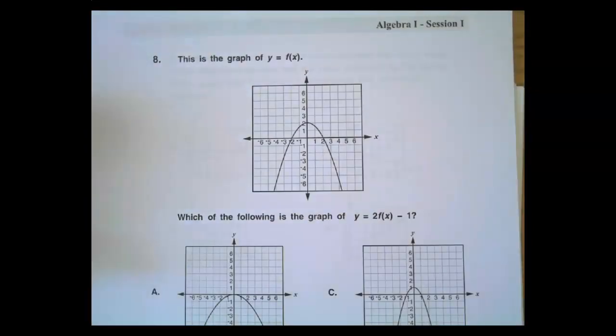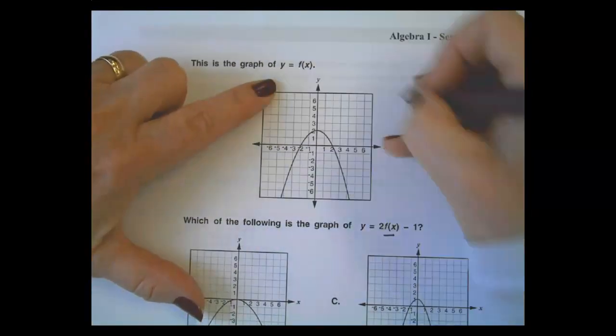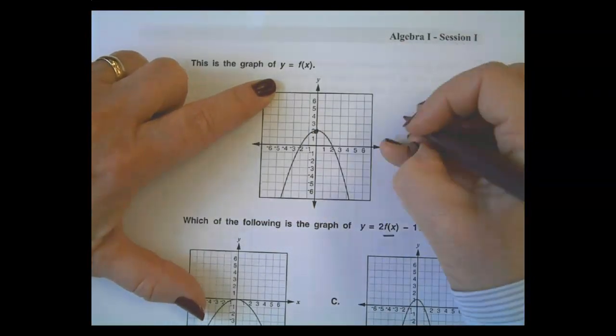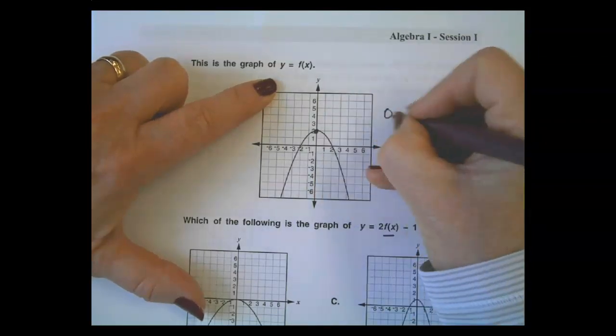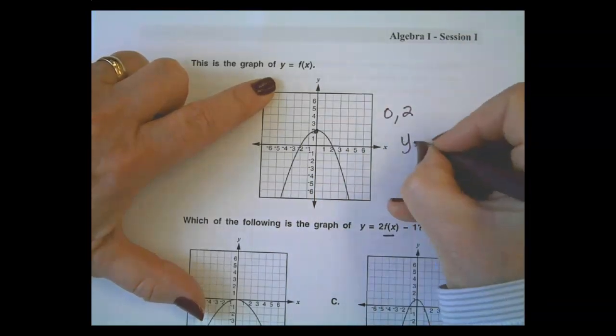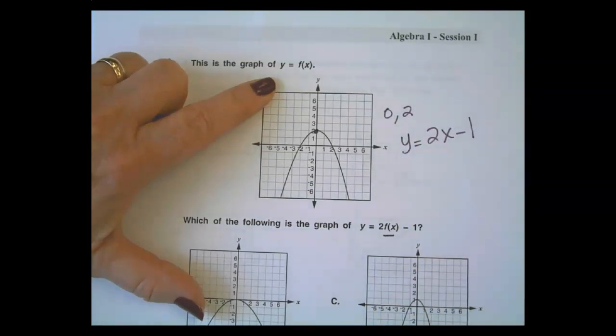Next, here is a graph. This one was weird, and I agree. And this is why it's weird, because this f of x will throw you every single time. So you almost need to think of it. Okay, so let's pick this point here. So if we had a table and our point is at, what is that, 0, 2? And now it's going to say y is equal to 2 times x minus 1. Okay, so our x value,